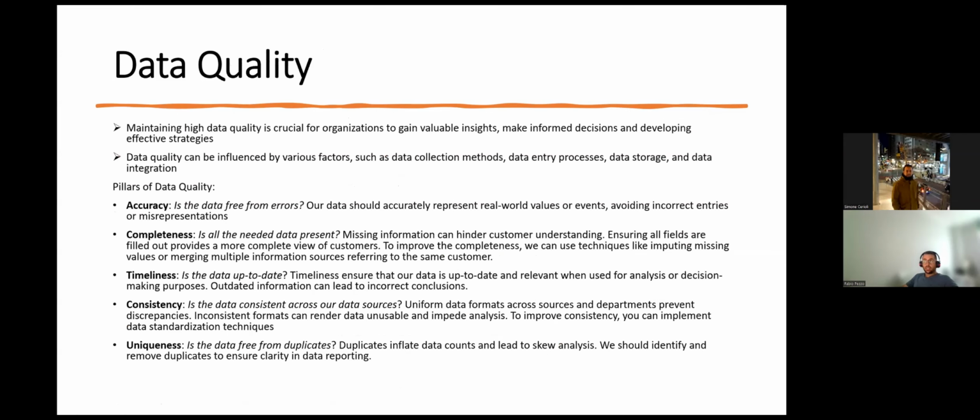And then, okay, the next pillar of data governance is data quality. That has a very big impact on business outcomes, because data quality is crucial to obtain high quality insights. And these high quality insights are then used to make informed decisions and to develop effective strategies. Data quality can be badly influenced by a number of factors, such as data collection methods or data entry processes. For example, think if you manually add some data into a table, for sure you will have discrepancies between one person and another, and this can lead to some errors,